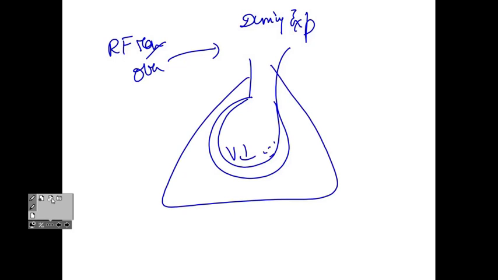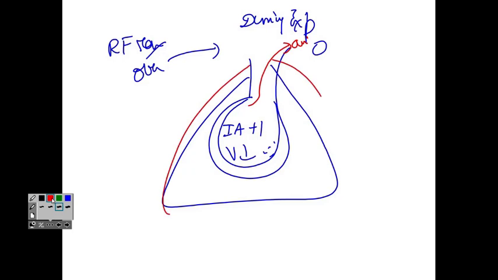Gas molecules collide vigorously, so intraalveolar pressure goes from 0 to 1 above atmospheric. That causes a reversal of the gradient and air goes out. What happens to the two layers of pleurae now? Chest wall, how is it moving now? Downward, inward, pleurae are coming closer. So intrapleural pressure becomes less negative, and the transmural gradient starts decreasing.